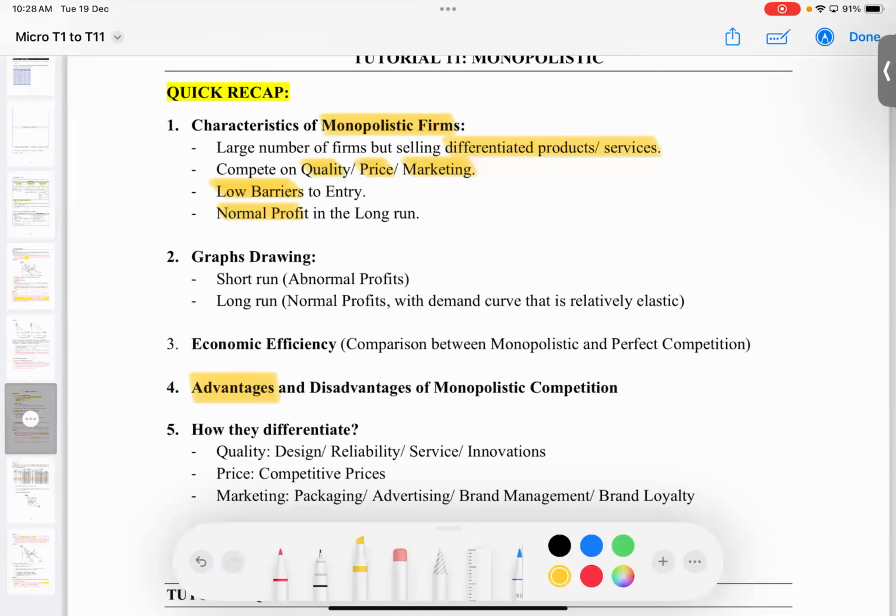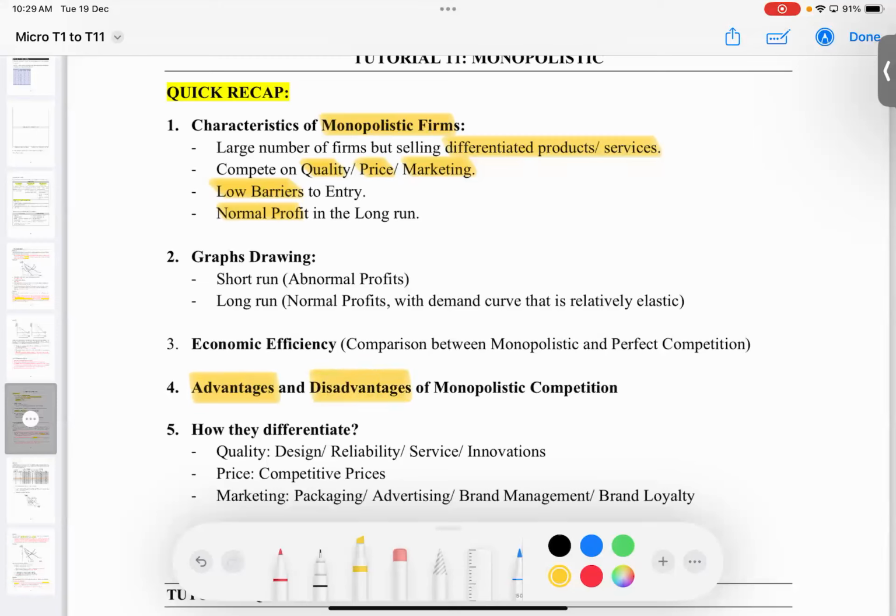And the second good thing is that these firms try to produce what the consumers want. So consumers are like the king of the choices. Therefore, they will definitely take into account consumer sovereignty. Remember, we learned about this term in the chapters earlier. In order for them to make a good profit, they will take into account consumer sovereignty. That means consumers are the king of choices. They have to produce what the consumers want in order to make good profits. So the good things for consumers are more variety of choices, and also consumer sovereignty will be taken into account. But what are the bad things of monopolistic competition?